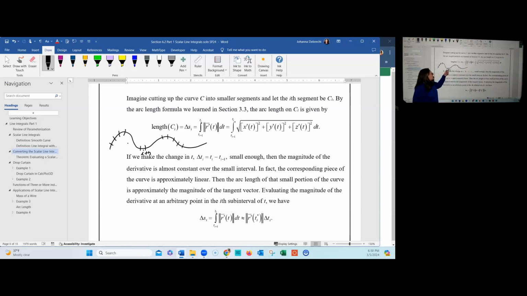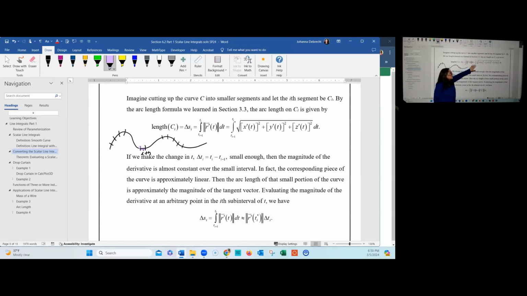Now, if I'm looking at the arc length over just the ith curve, and by the arc length over the ith curve, I'm specifically talking about how long that particular arc is, then I know from what we learned in section 3.3 with the formula for arc length, that that arc length, delta s sub i, is the integral from t sub i minus 1 to t sub i of the magnitude of the derivative of the parameterization with respect